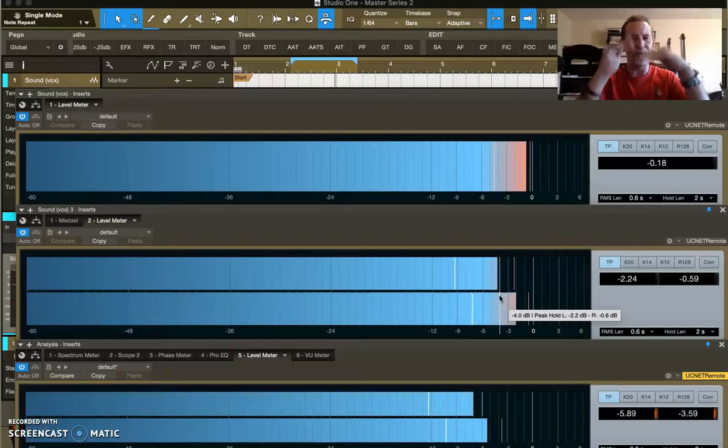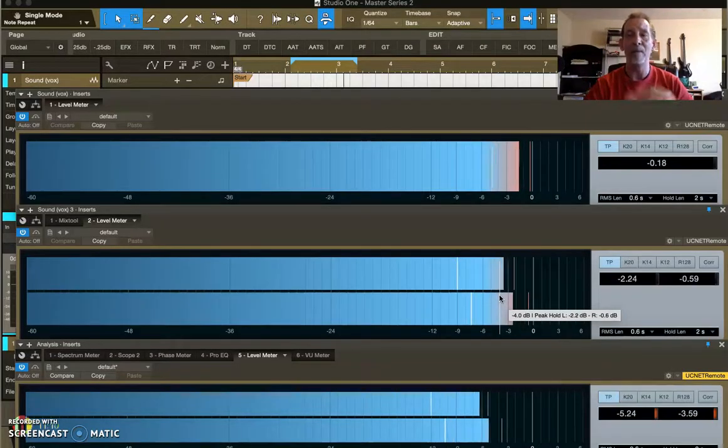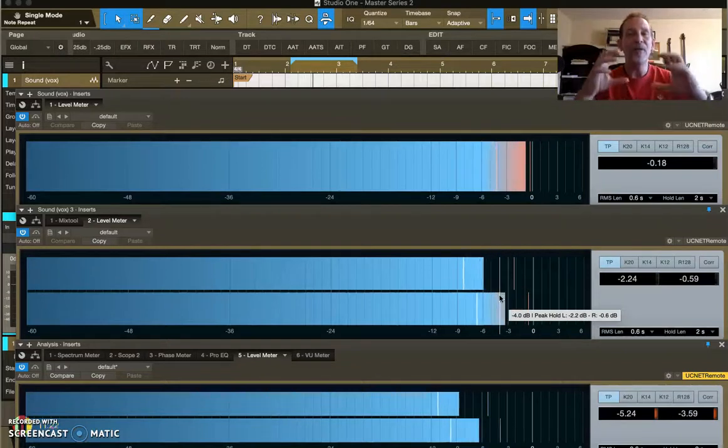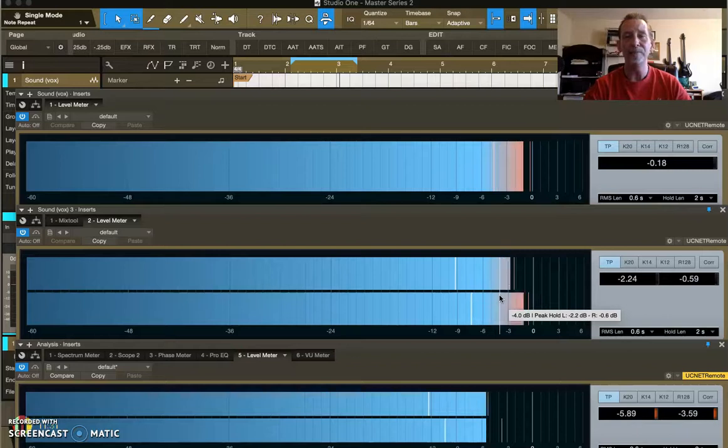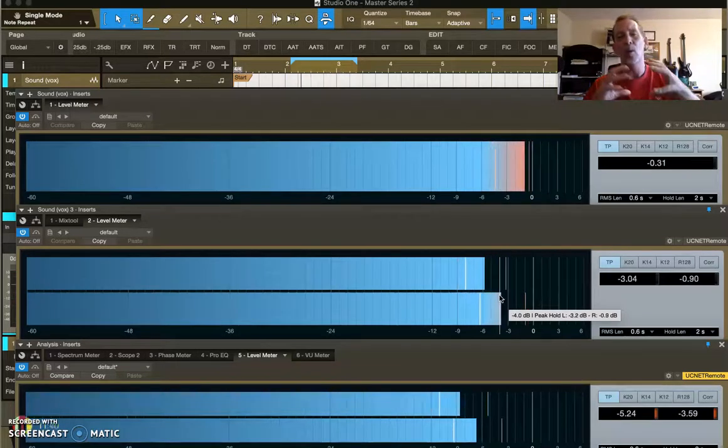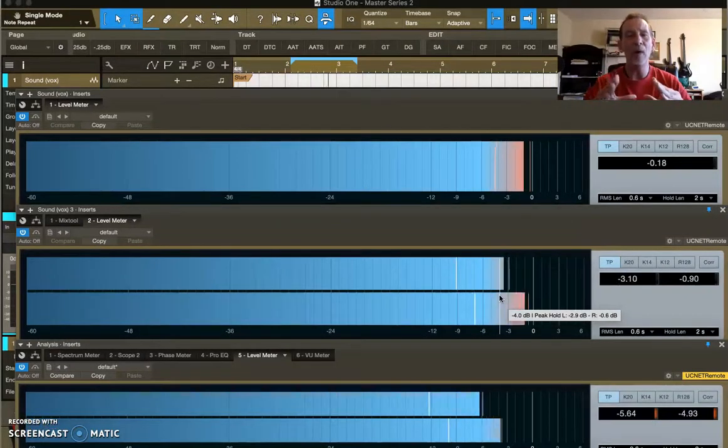Things are bouncing on top of each other, causing mixing issues where things start riding on top of each other where they shouldn't. I can go on and on and on, which is nowhere near as helpful as you pulling out the meter and thinking about these things. And thinking about it is important, so that as you go through the track and you're doing all the work you do to it, when you're recording, when you're editing, when you're processing, when you're doing subgroup mixing, when you're doing mixing, and when you're doing mastering, these things all become hugely important